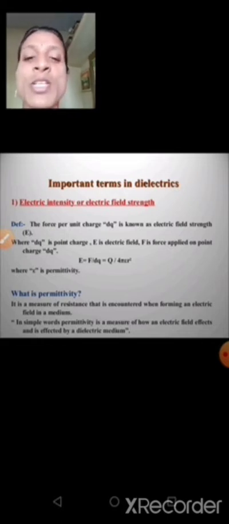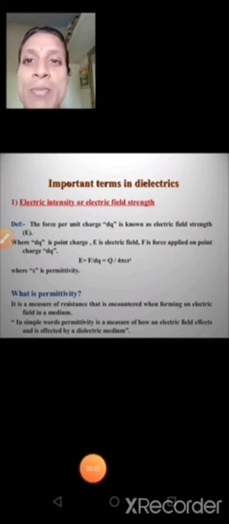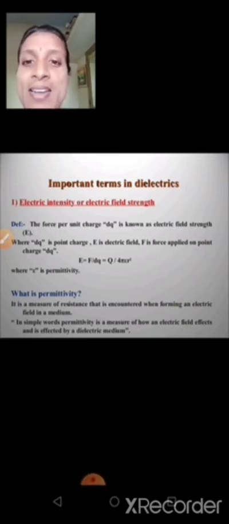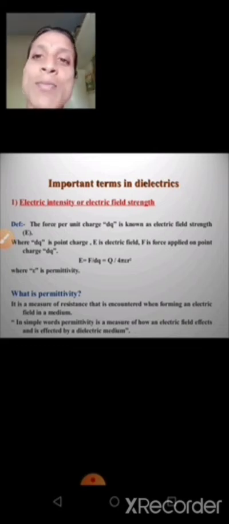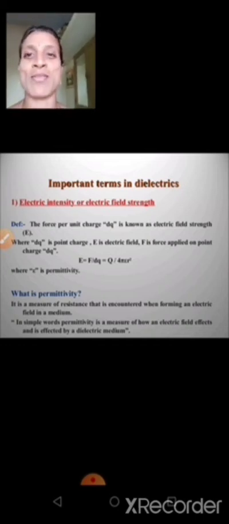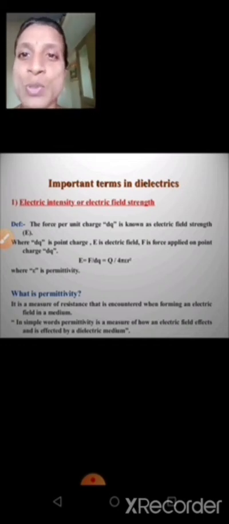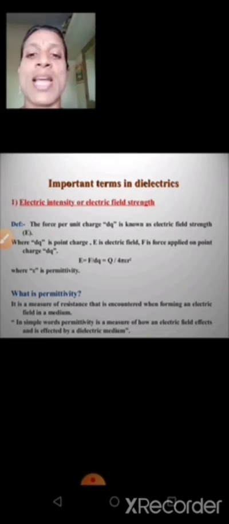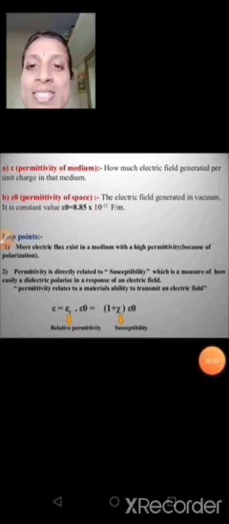Next, the medium should give permission to those force lines. That medium permission to transmit the force lines is known as the flux, electric flux. Now, we have three types of permittivities: medium permittivity epsilon, vacuum permittivity epsilon naught, and the ratio of these two permittivities is called epsilon r. Another name for this is the dielectric constant. Okay, this is about the important properties. Epsilon is the permittivity of the medium. How much electric field is generated per unit charge in that medium is known as permittivity.